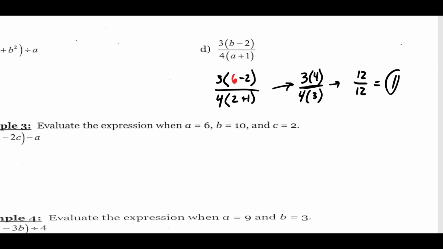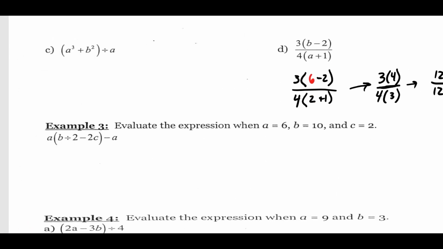All right, so as we go along today, you'll see that these get progressively more complicated. But remember, whenever you have a coefficient next to a variable, you always want to plug in with parentheses, and that means multiplication, right? So when you're doing a problem like this, where those are your values, saying 6 parentheses, I didn't have to plug in with parentheses there because it was just next to parentheses. And then 10 divided by 2, again, didn't have to plug in with parentheses because B divided by 2 is not 2B, right? Minus 2, here's where you do want to plug in parentheses,